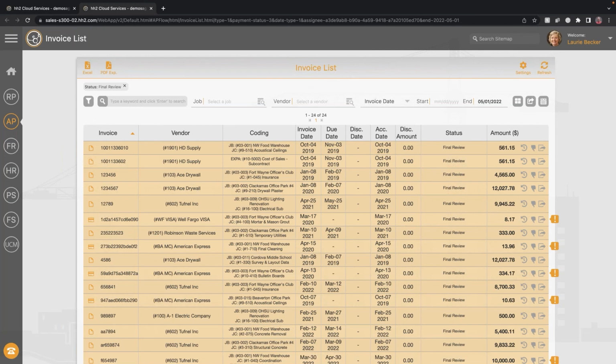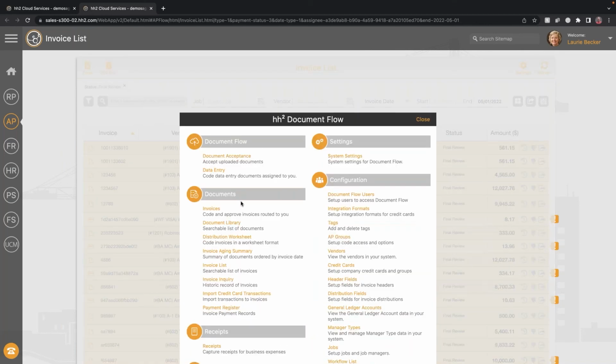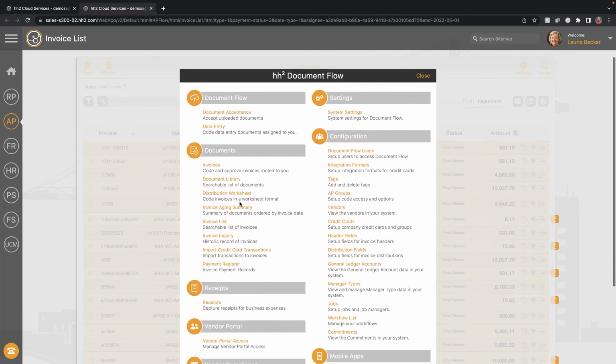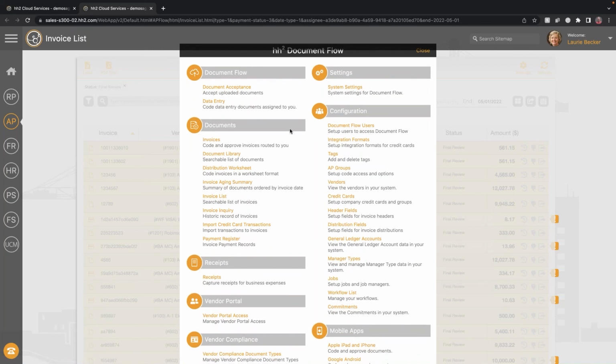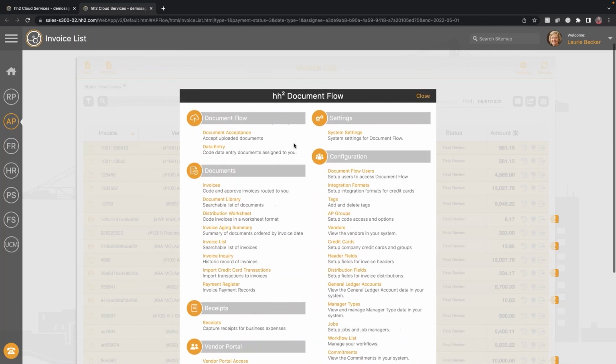The implementation of this product is usually fairly quick. Because we synchronize so much information from the accounting system, most of the implementation is around the workflow and then the user setup and training. A new company comes on board, we sync their data into our HH2 environment, and they want to get to work. We'll create user accounts, create workflows for how they want things routed, and then walk through step-by-step training for each user.